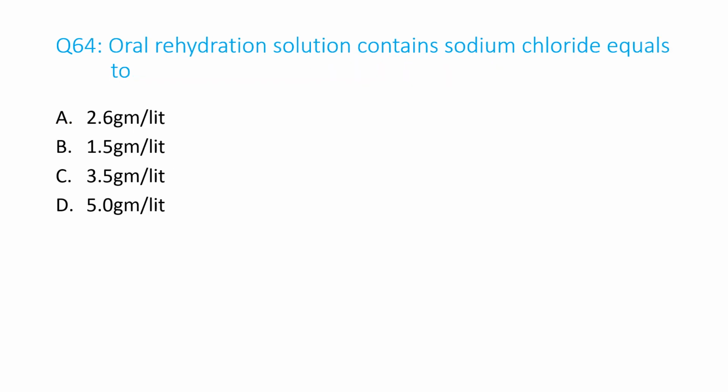Question number 64. Oral rehydration solution contains sodium chloride equal to A. 2.6 gram per liter, B. 1.5 gram per liter, C. 3.5 gram per liter, D. 5.0 gram per liter. And the answer is